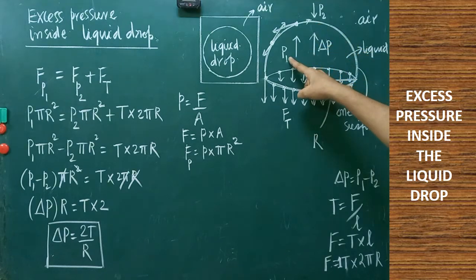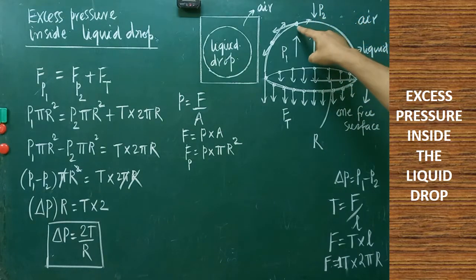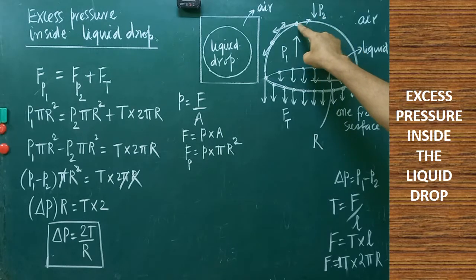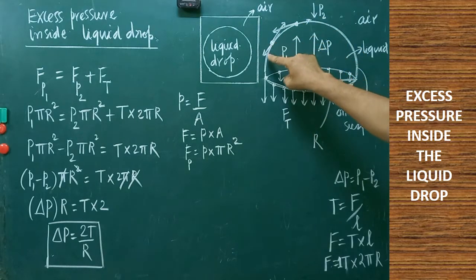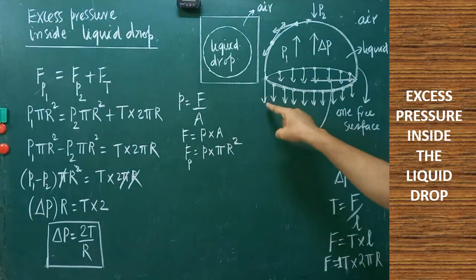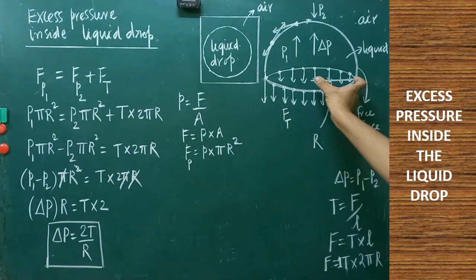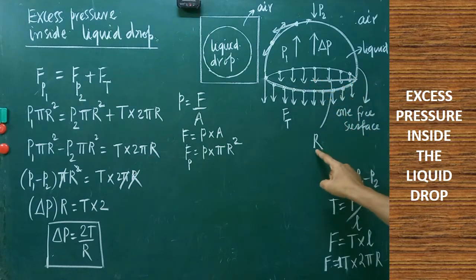There is a pressure inside from the liquid side, that is P1. There is another pressure that is acting from outside, that is called P2. On each molecule of the liquid on the surface, the force due to surface tension is acting tangentially, and if the directions of the force are extended for other molecules, finally on the rim you can see plenty of molecules. On each one of them the force due to surface tension is acting, and the radius of the liquid drop can be taken as r.